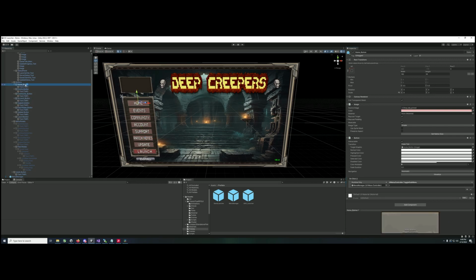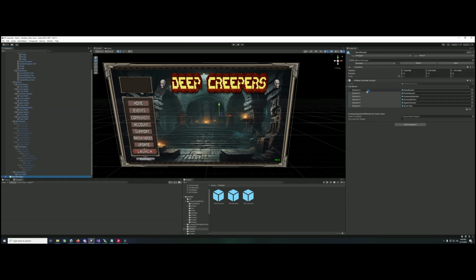And now when we look on our buttons, it should have the element button to the corresponding submenu listed. So we'll just check them all to make sure. Home button is 0, events is 1, community 2, 3, 4, and 5. So those are all correct there. We go back to our menu manager, double check, and we see them here in the array, and they are right. We can test this by clicking play,